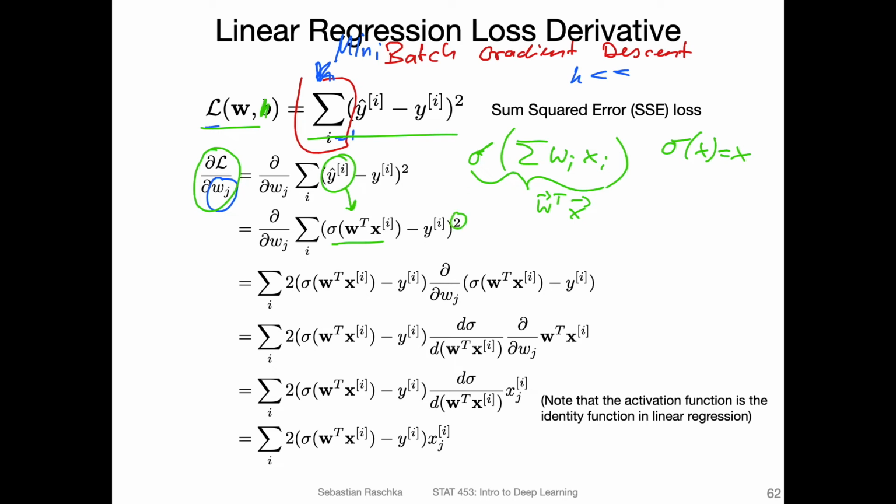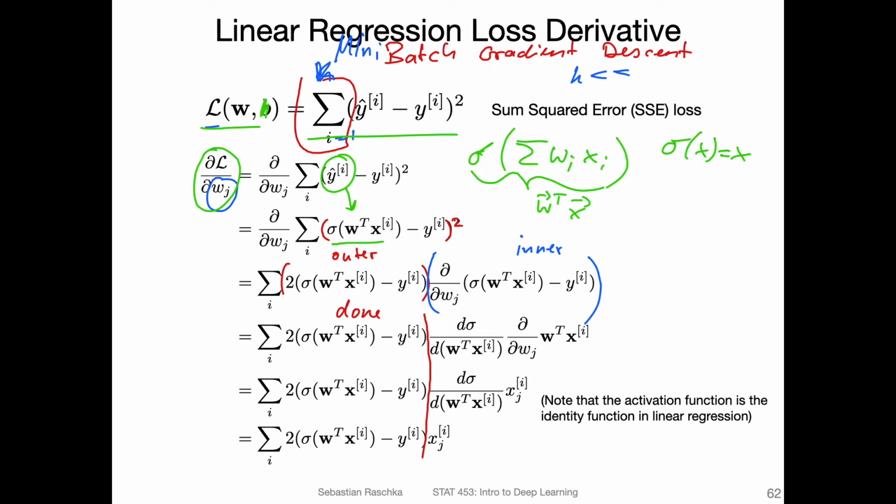Here, notice the outer function would be this one basically. This is the inner in red, and the squared here would be the outer function. So what I'm doing is deriving the outer one now. This is the outer derivative. Let me write this down using the power rule. And then on the left hand side, that's the inner derivative. For the outer derivative, we are basically done, so the left hand side is done.